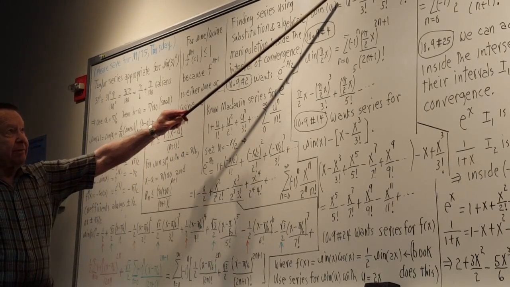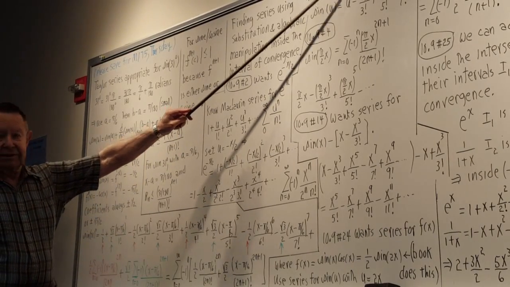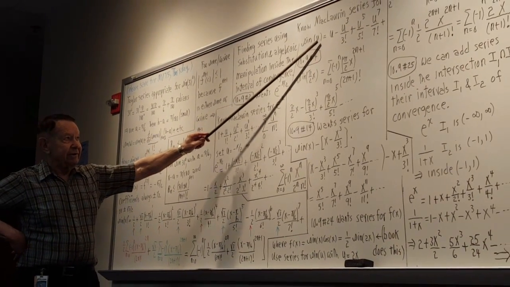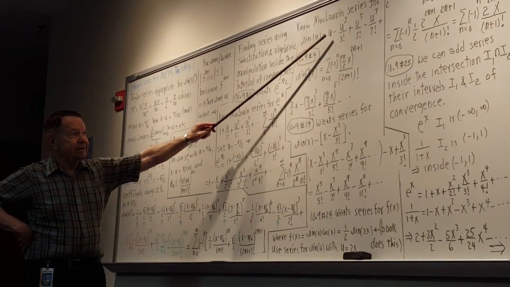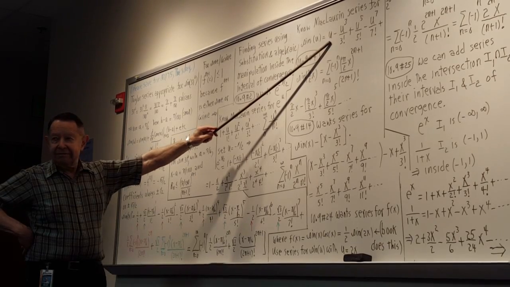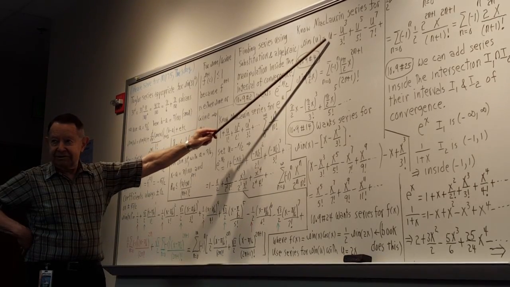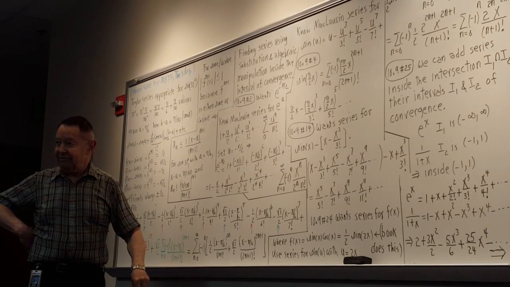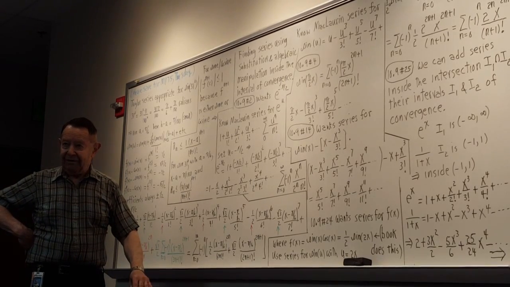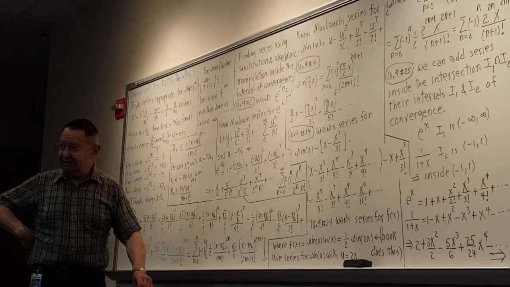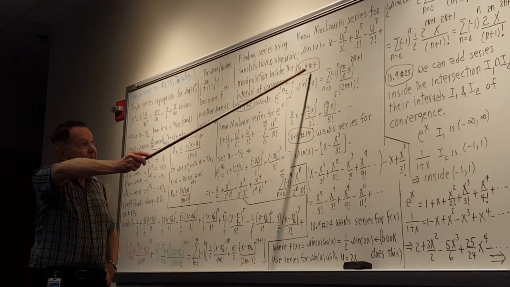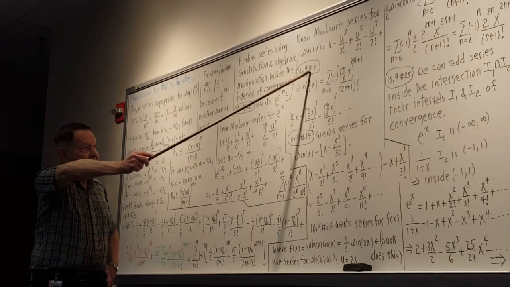So for example, you know that the Maclaurin series for sine, if you use a letter u, looks like this, and the interval of convergence is all values, minus infinity to infinity. You could prove that using the ratio test, for example. And so then if you look at problem 4,